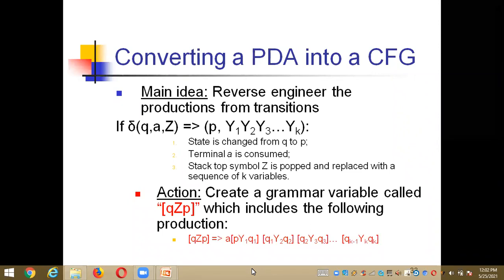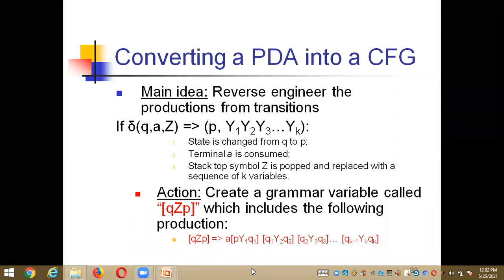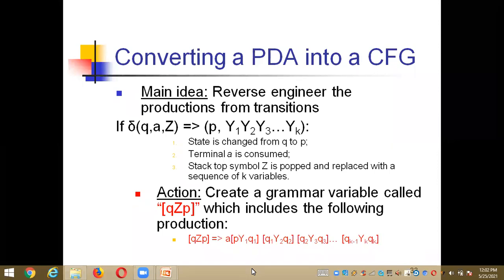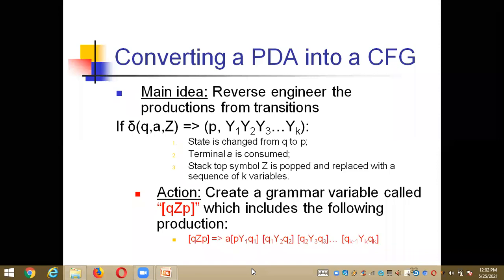In the last class, I explained that our input is in the form of a context-free grammar. Then I showed you how to convert it into a PDA. And in this class, what I'm going to explain is how to convert a PDA. That means the input is in the form of a PDA, and how to get the output in the form of a CFG. And here we have a syntax for that.